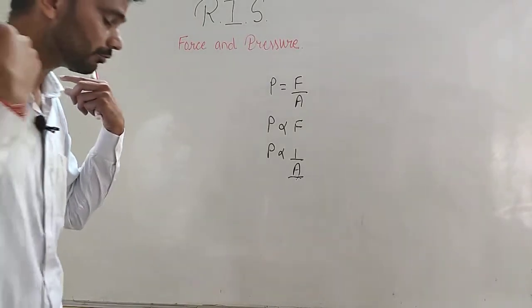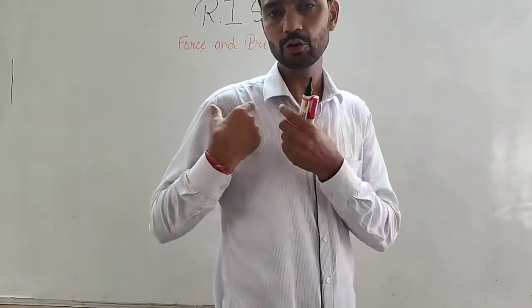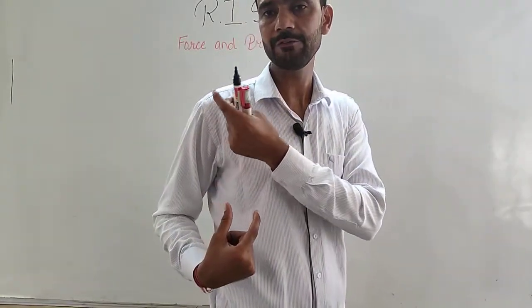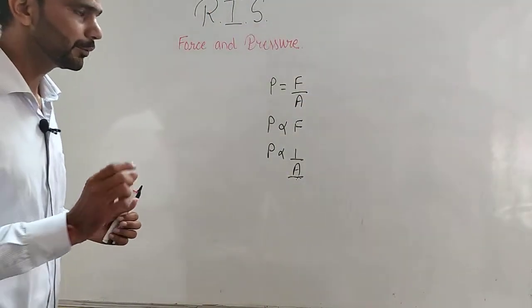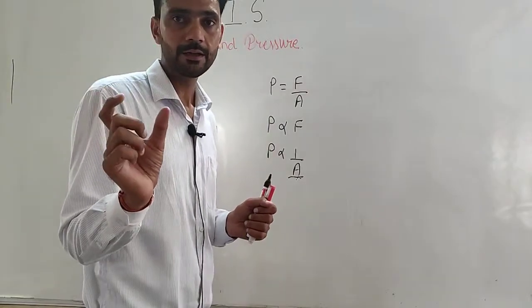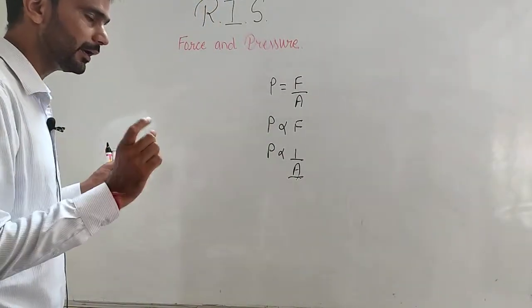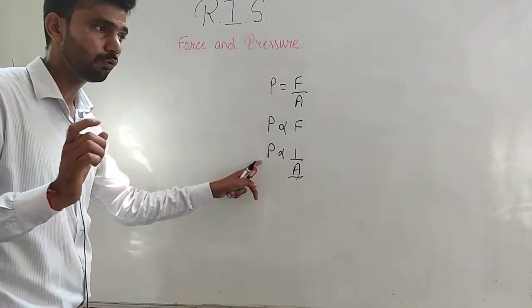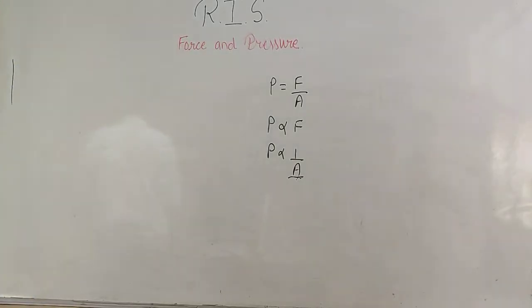Why we have the broader strip of our school bag? इतनी चौड़ी हमारी strip होती है school bag की. Why we are wasting the cloth? We can say we can use a thin strip. Because if the strip is wider, then the area of contact will be high, and when the area of contact will be high, then the pressure will be low. So we feel comfort. We will not get any pain in our shoulder. It is easy to carry that bag.